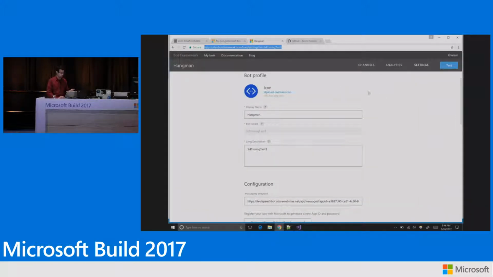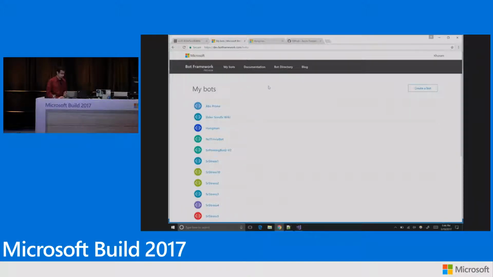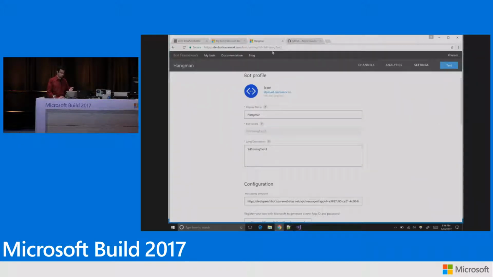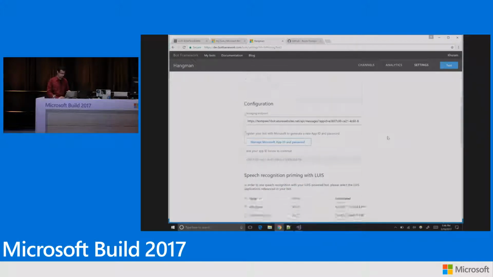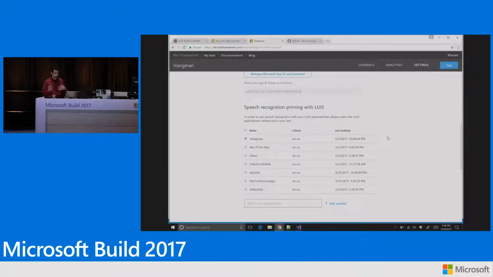So if you're familiar with the Bot Framework Developer Portal, this is where you go. You've got your registry of bots. I've got a whole host of bots. If you click on one of them, you can see the settings associated with that bot. In here, we've simply just added a section where you can go and associate that bot with the associated LUIS